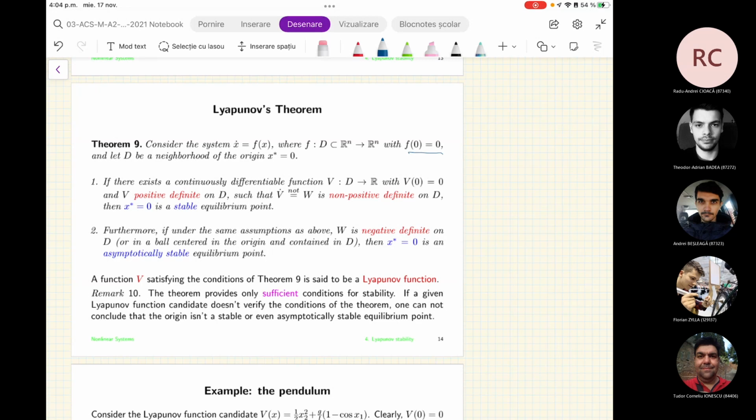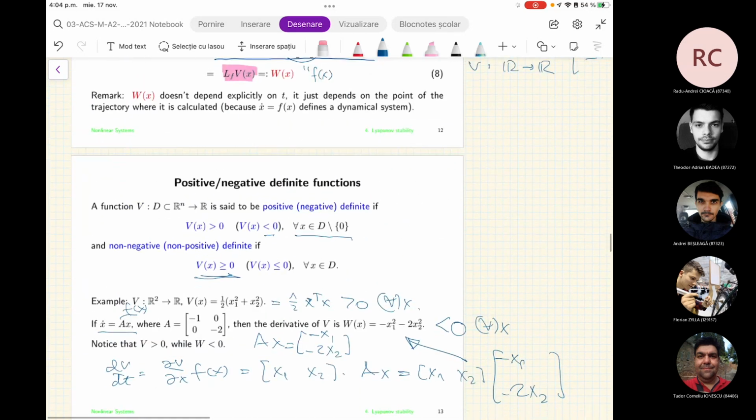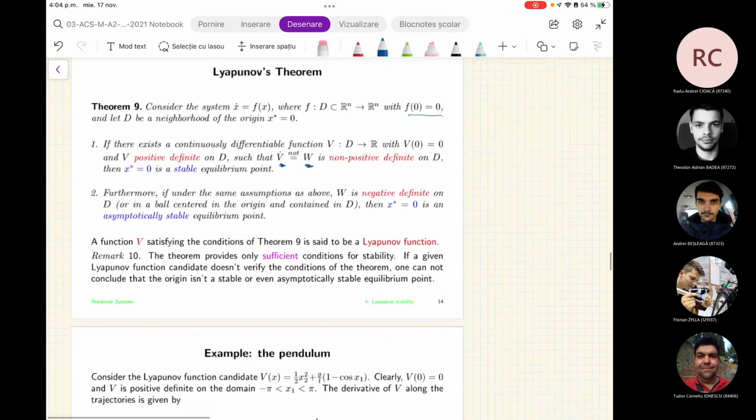If there exists a continuously differentiable function V defined on a domain D, valued in R, such that in the origin the function is 0 and V is positive definite for all the non-zero values of x on the domain D, such that V dot, denoted by W, is non-positive definite, or semi-negative definite on D,